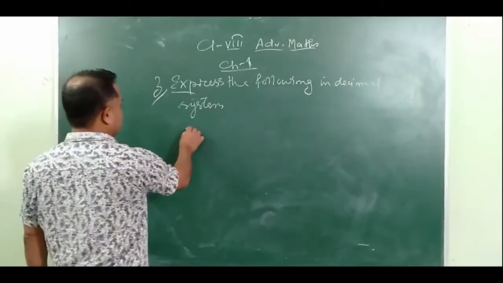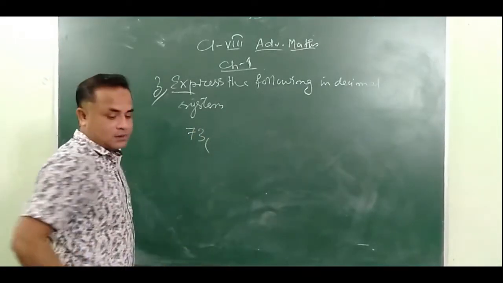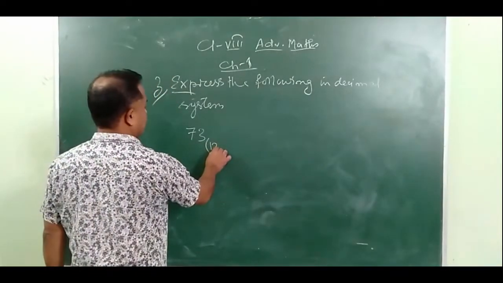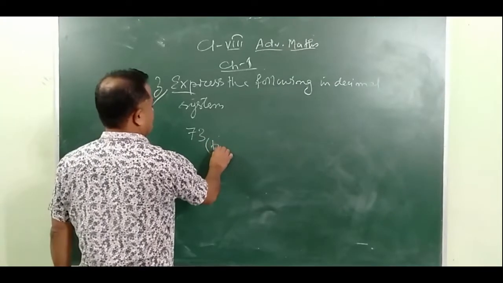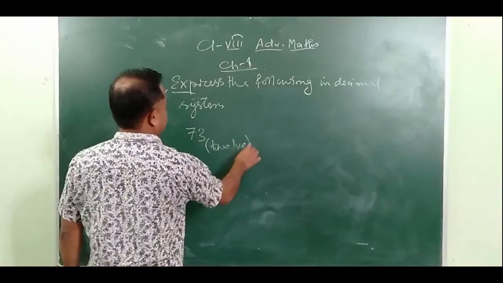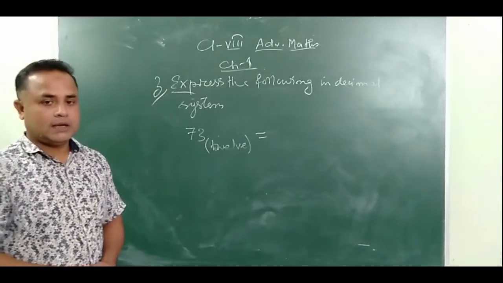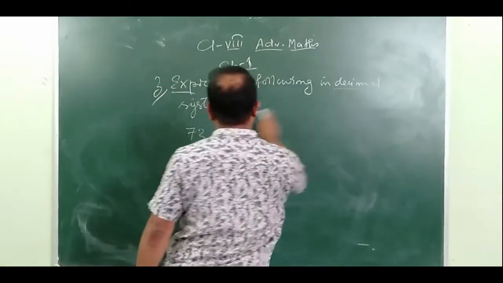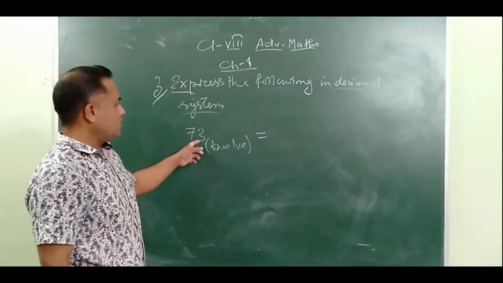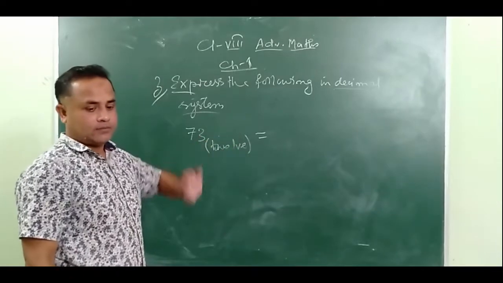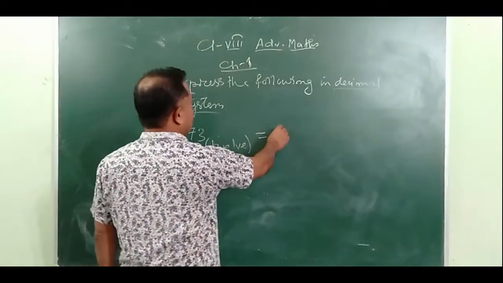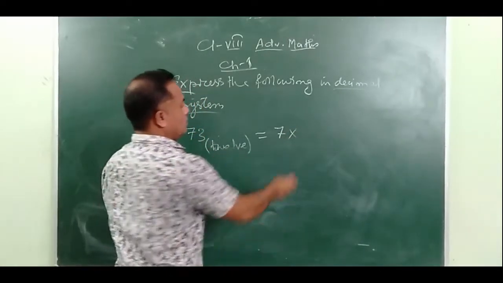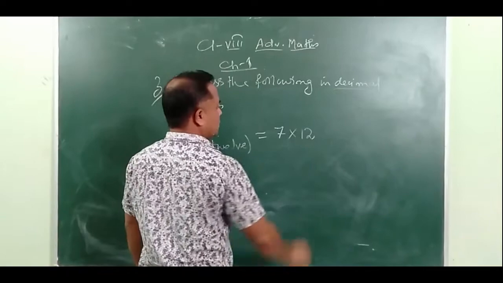Here it is given 73 to the base 12. So how will we do it? Express the following in decimal system. We have to convert 73 to the base 12 into decimal system. Now, let's see. 7 into, since the base is 12, I'll write 12, plus